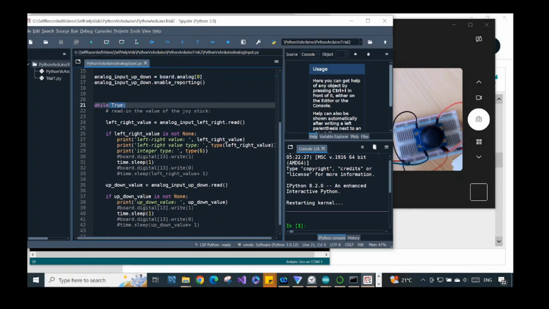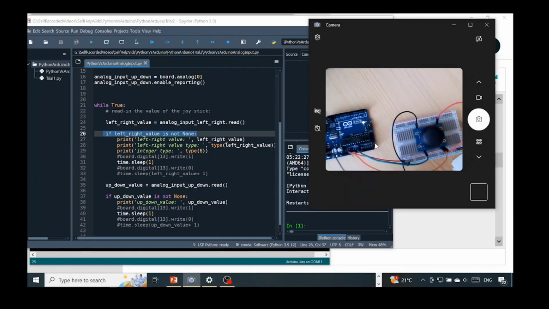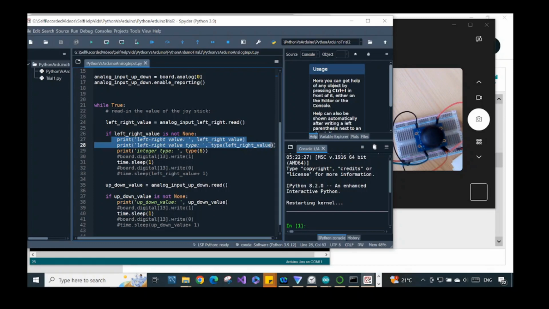And again, we need to have an infinite loop to read in the value, to print out the value. After we read in the value here, there will be the beginning of the process where the value is none. It's not even a proper value sent by the device. Some values appear when the protocol communication between the Python and the Arduino Uno is established. So we should ignore it, and we only read in the value when it makes sense,